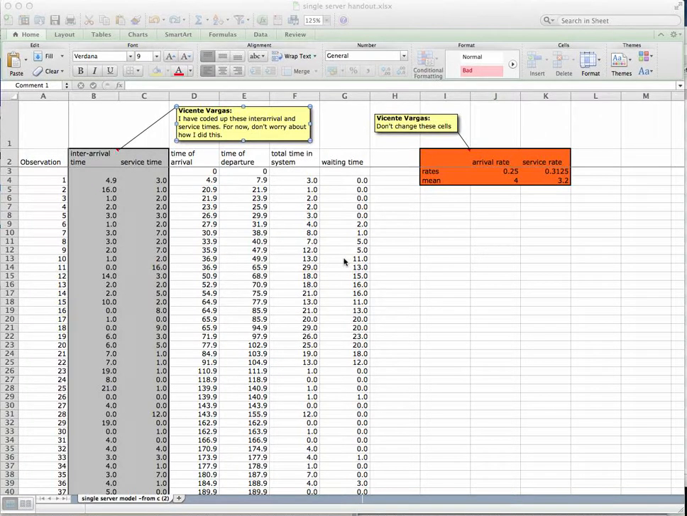Greetings! This is a tutorial to show you how to use data tables in Excel to conduct multiple replications of our simulation. Okay, so this is a spreadsheet in which I have embodied the logic that you developed in last class, given inter-arrival times and service times, how to calculate times of arrival, times of departure, total time in system,